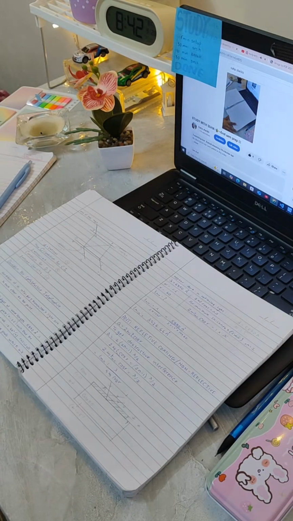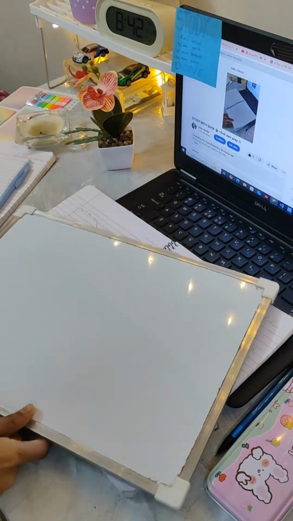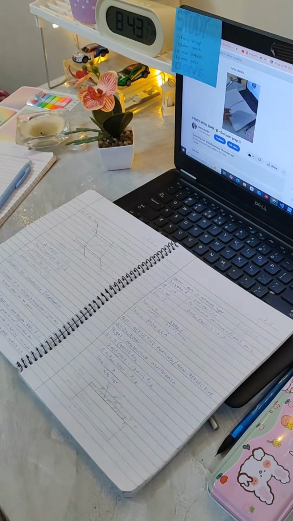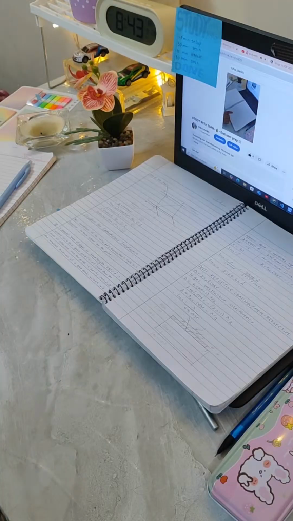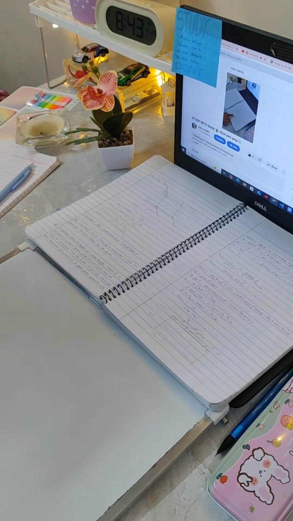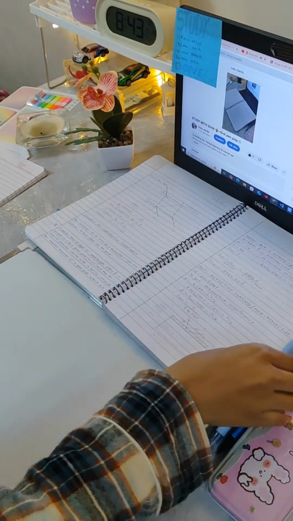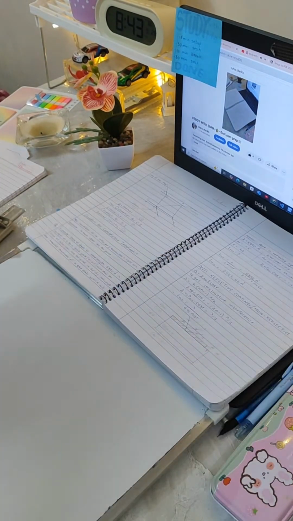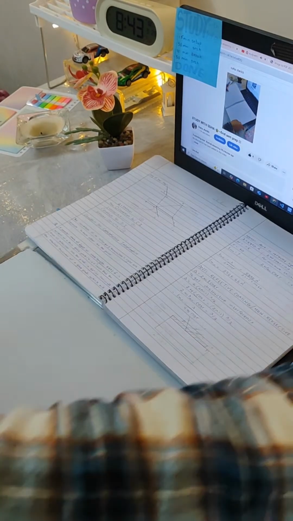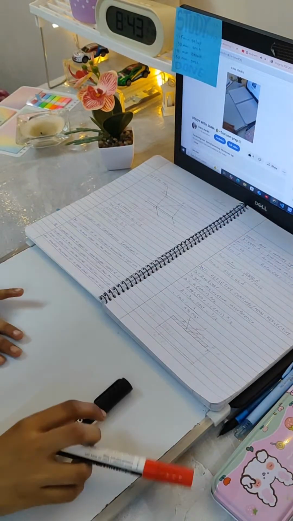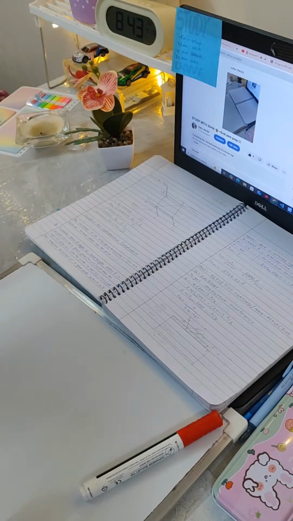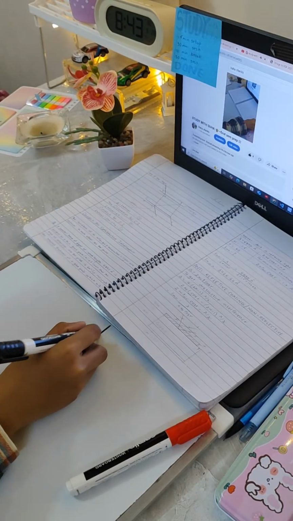So I kind of like practicing my diagrams on a little whiteboard, so practice some diagrams with me. I have already done the main diagram. These are just the diagrams of the conditions. If you are a student who has physics, you'll understand what I'm saying, but if you don't, it's just different diagrams. We have a black and red marker and two different diagrams that I need to practice, so I'm just going to split this board into two.